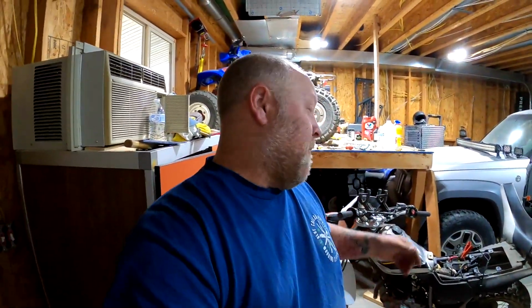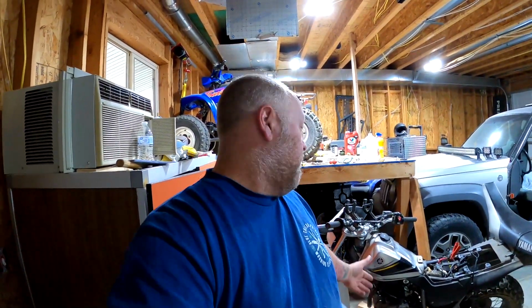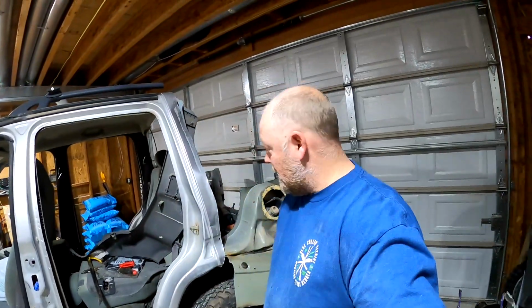I don't know how long the battery will last from here on out, but for now, that thing's gonna probably hold a charge and start. Before, it wasn't even trying to turn over. But anyways, so there you have it. You can definitely do some maintenance on your battery, and you can definitely put some distilled water in it, and you're gonna be good. So stay tuned,